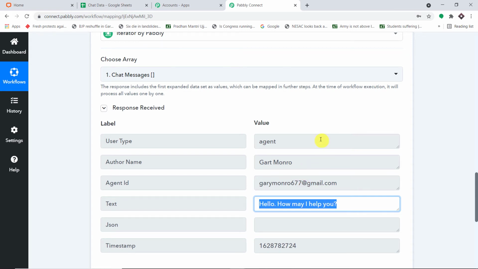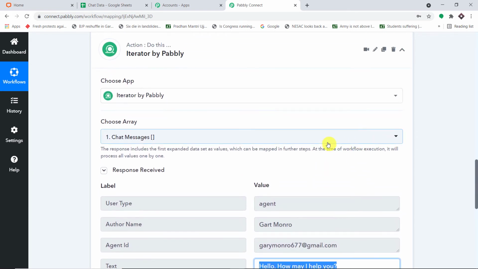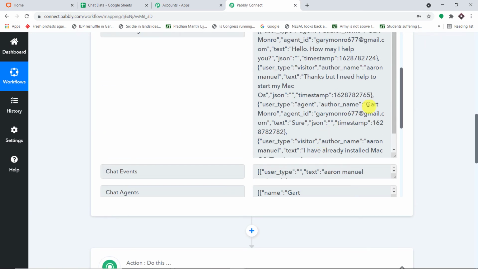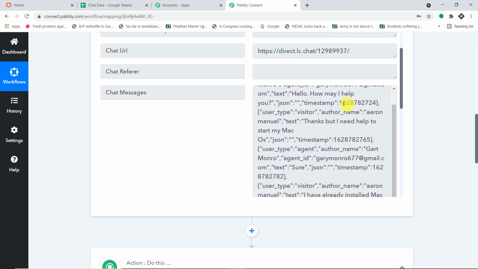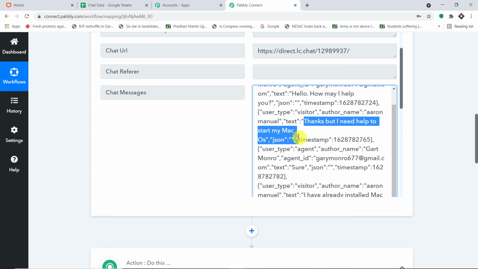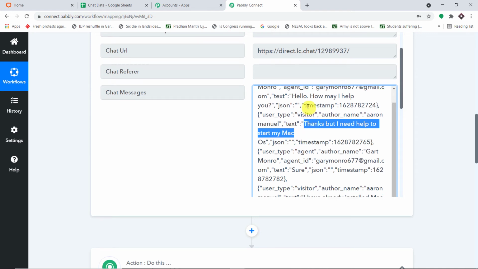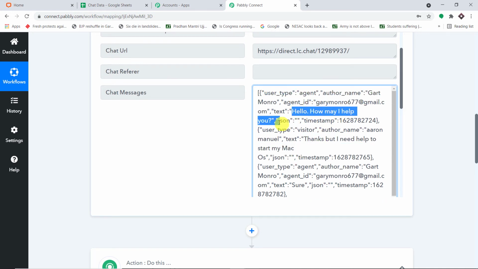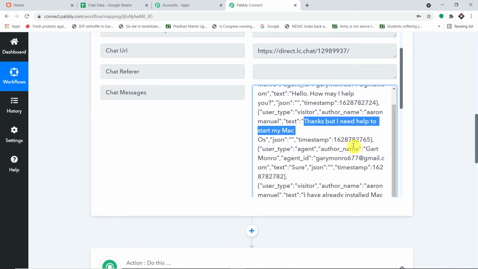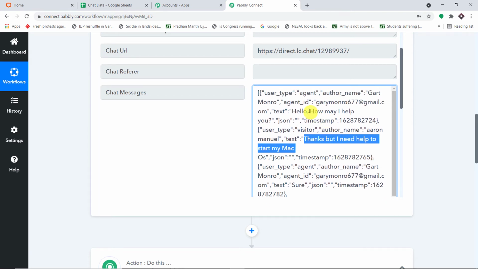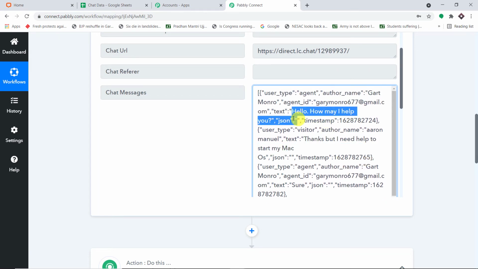You must be thinking, what about the rest of them? This is our first iteration. The second line will be our second iteration. So this is the first line, our first iteration, and after that we have the second line, which will be our second iteration. We are going to deal with the first line first, and after that the details such as the second line and the third line will be automatically dealt with by Pabbly Connect. That's the beauty of an iterator. This first line is technically our prototype. If this is successful, the rest of them will follow.